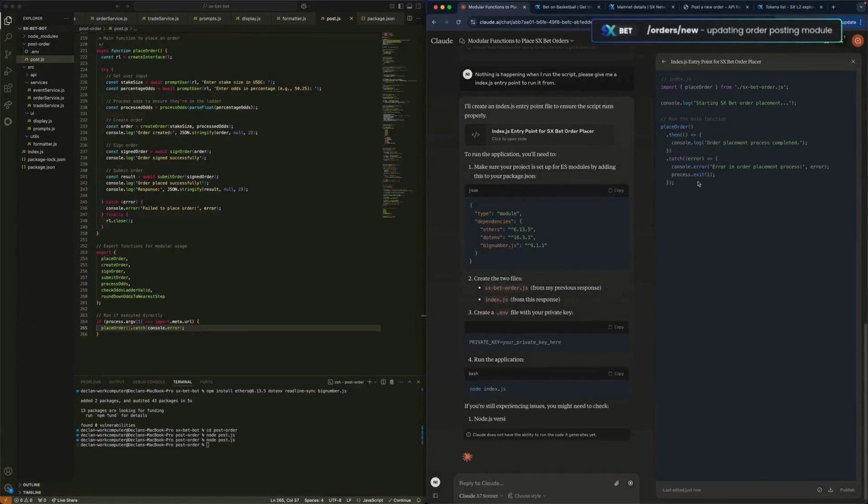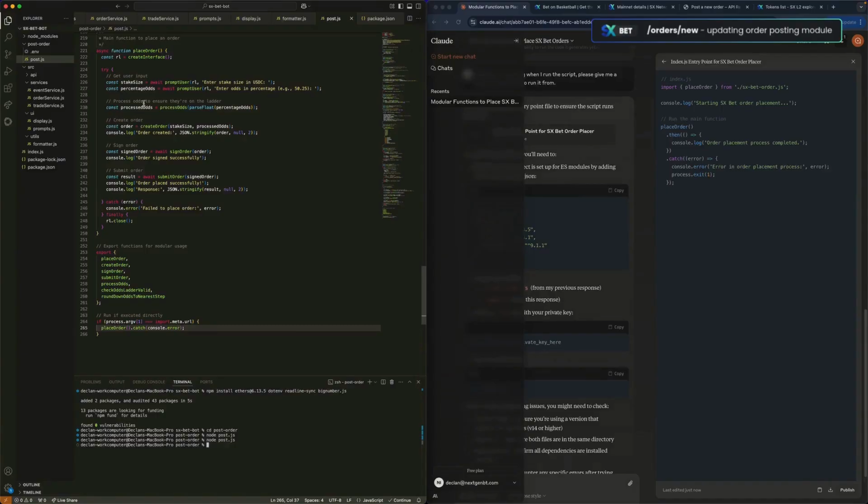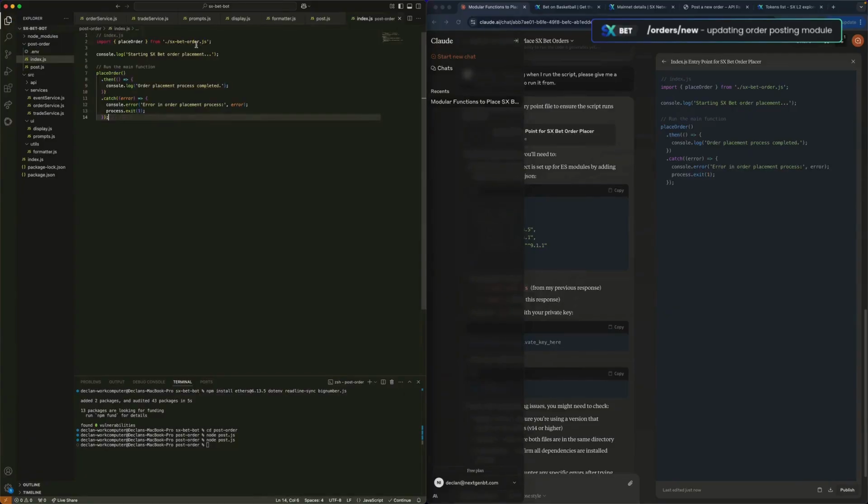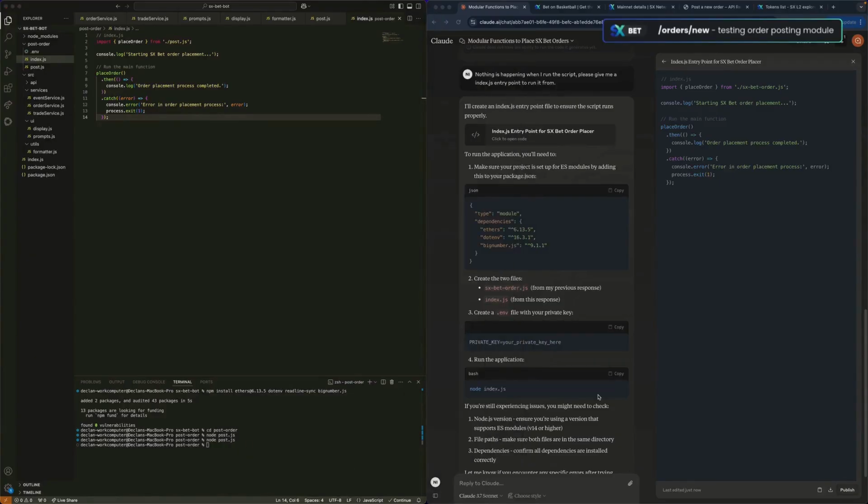Great, so now we've just got this entry point. Not sure why this was happening, but let's just create an entry point that we're importing these modular functions to. So then we just need to change this to be the actual name of our other order placement file. So let's call that post.js to match this. And now let's just make sure we didn't miss anything else here. Great, now let's run it with node